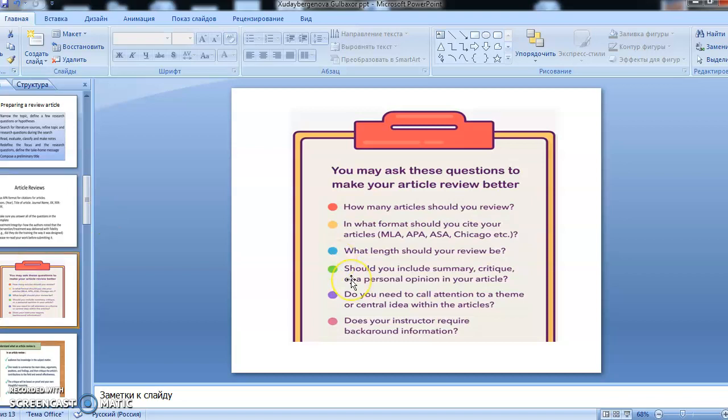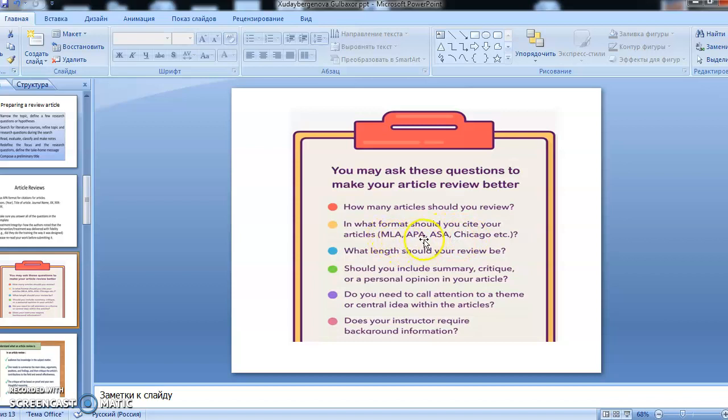Here you could include the answers to these questions in your article review. This means: how many articles should you review, and in what format should you cite your articles?